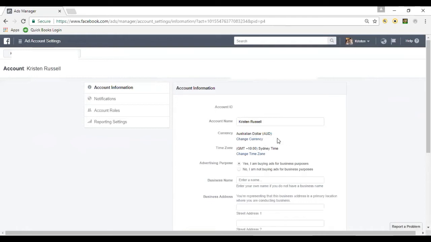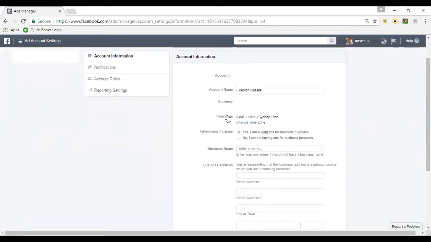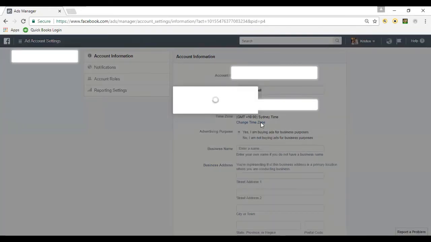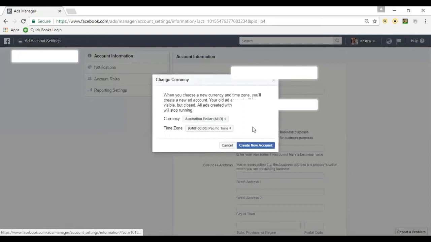You can change that here as well. And then the time zone. So this is currently set to Sydney time because I did change this just the other day. But if this is incorrect for you, I know mine was set to Bangkok time, so it was GMT +8, which wasn't very helpful. You can just click Change Time Zone just here, and it will come up with this